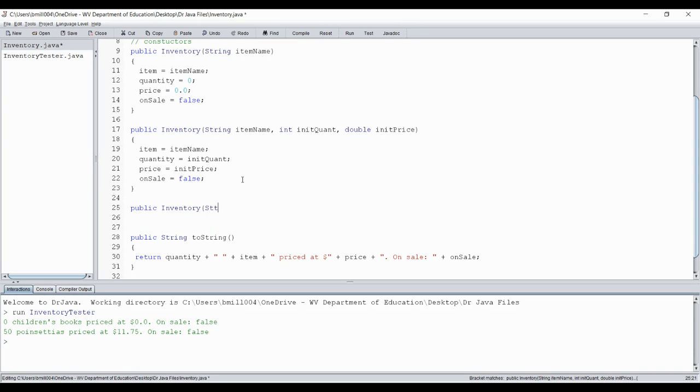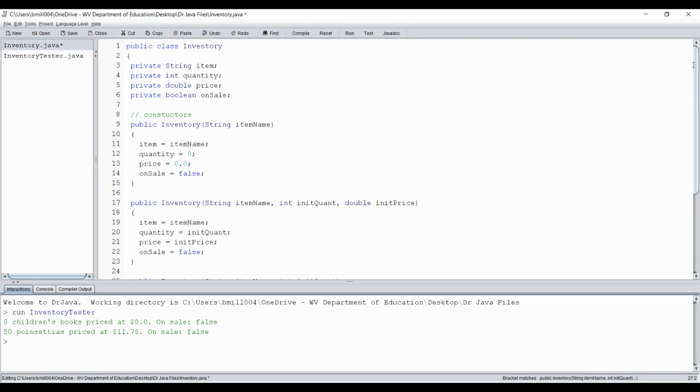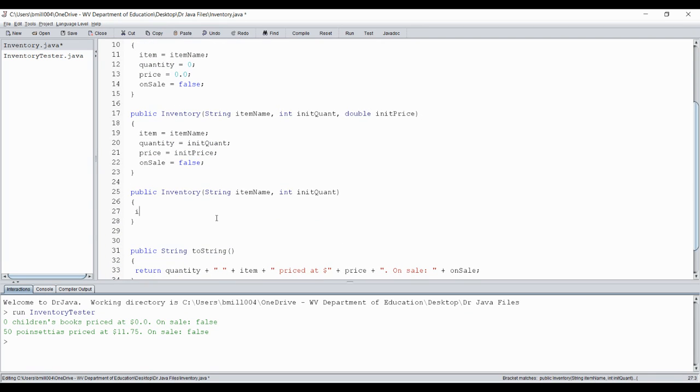I'm going to use the same variable names. And then that's it, right? Because everything else will be defaulted. So again, back to my instance variables. I need to say item, quantity, price, and on sale equal. So item equals, quantity equals